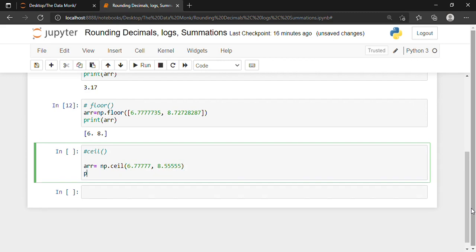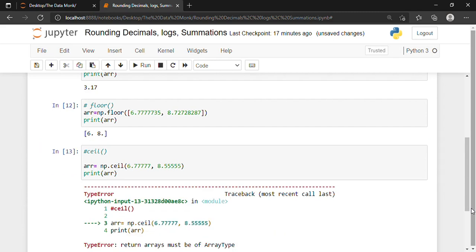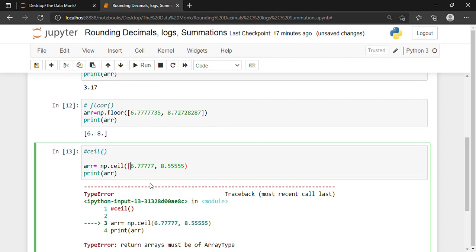Let's print, shift and enter. Okay, one second. I have to write this inside square brackets.